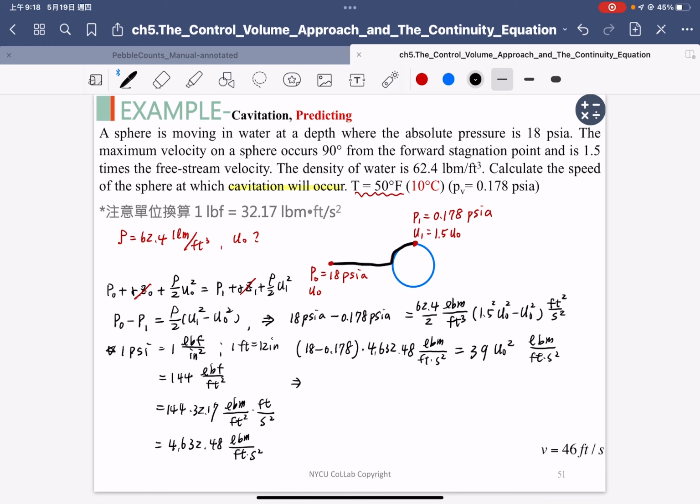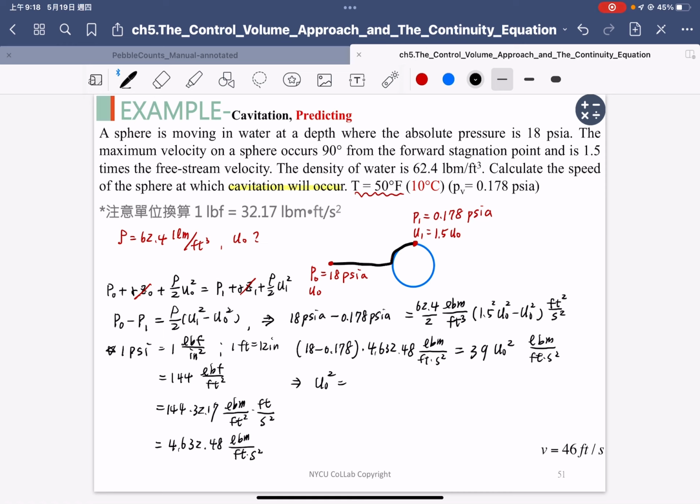So we just take the u square on the left hand side and compute all of the numbers we have. So 18 minus 0.178 multiplied by 4632.48